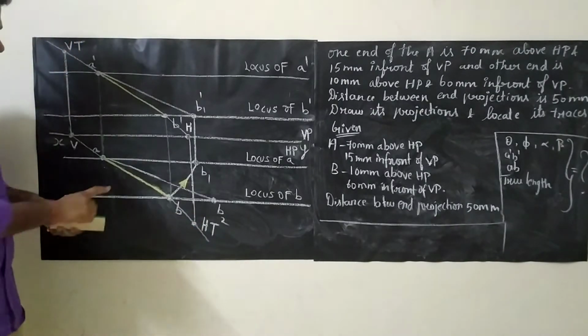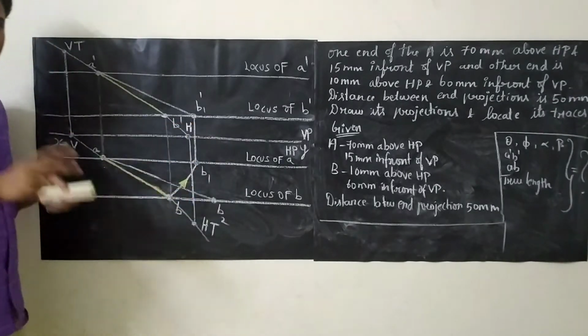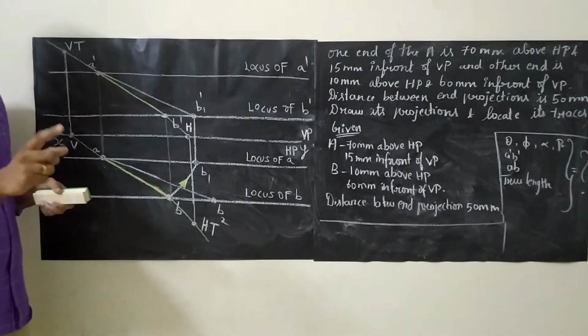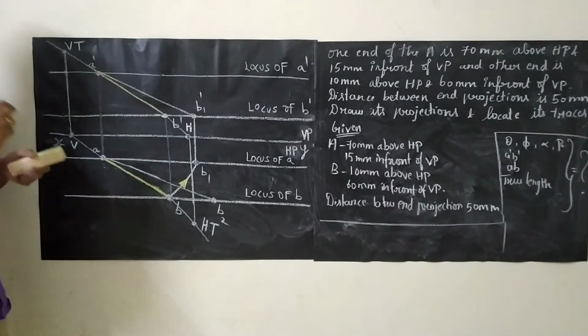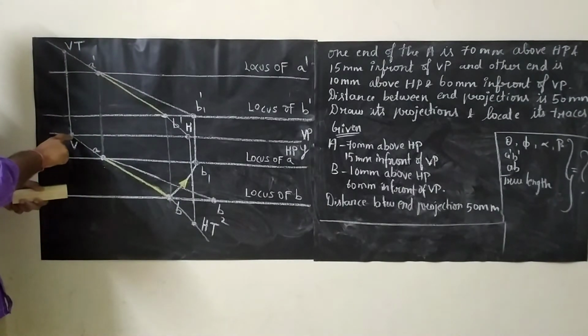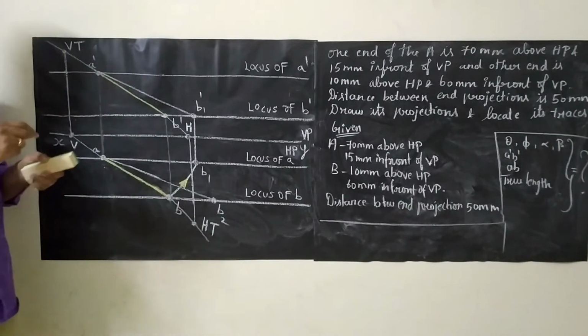It's simple. Try to extend the AB line in reverse and pull the H point downwards. These two lines will be meeting at one point. That point is called the horizontal trace. For the vertical trace, same procedure. We are just going to extend the point B vertically upwards, but it has to meet the front view, right?